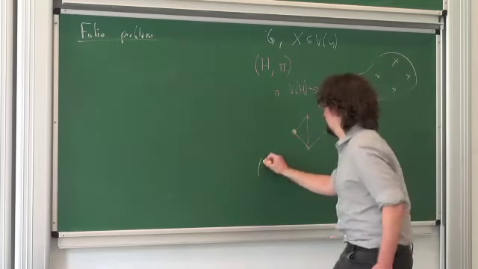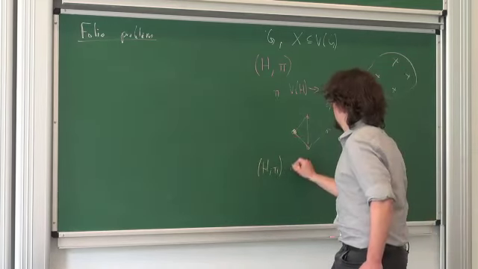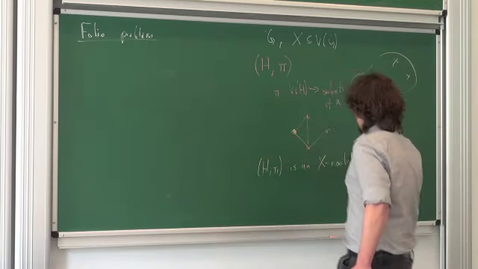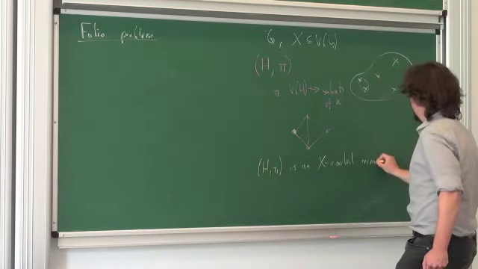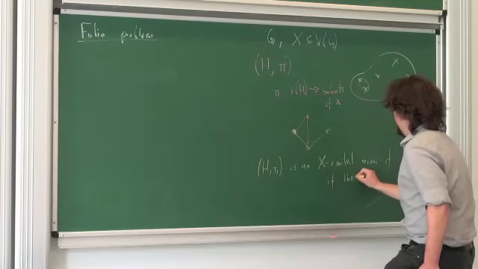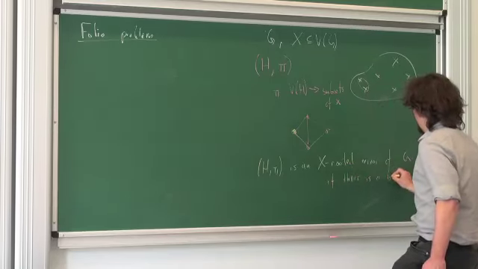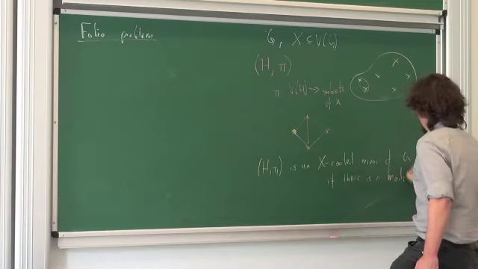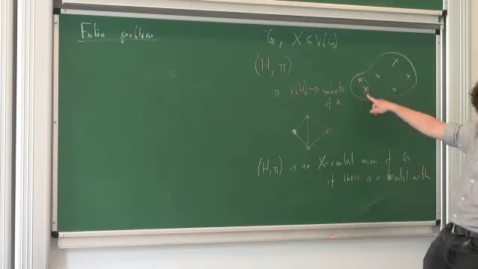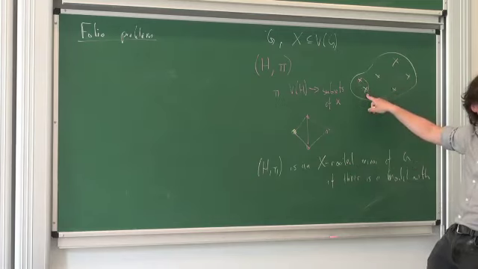Then I will say that H pi is an X-rooted minor of G if there is a model with exactly those roots that are prescribed being contained in the respective